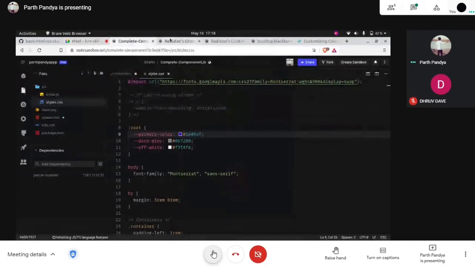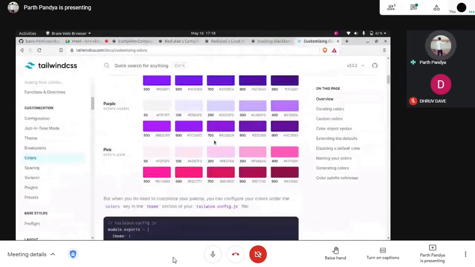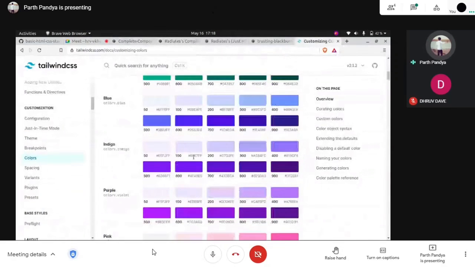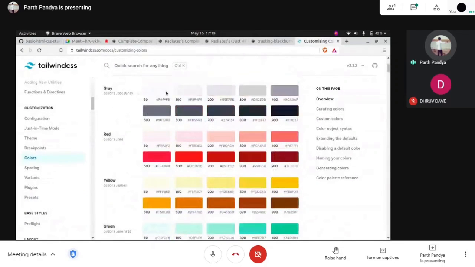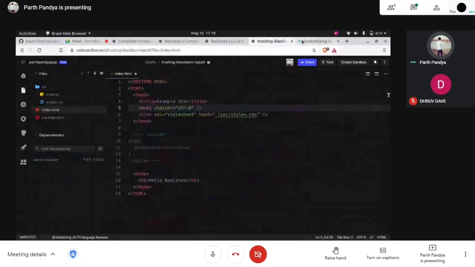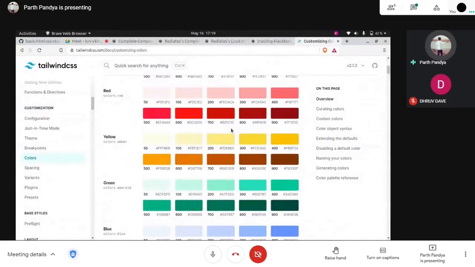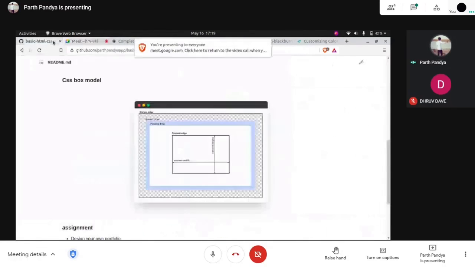Sure. So here's a bunch of colors we can use from Tailwind CSS. It provides a lot of colors, and these colors literally look good to your eyes. Like you can see this yellow color we had prior in our example. That was not the standard color, it was a raw yellow color. But here we have some different colors with a particular hue, so it looks good to our eyes, and you can surely use these Tailwind CSS colors for giving colors to your HTML components.